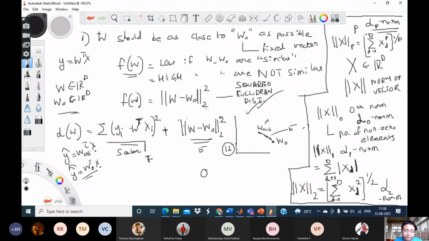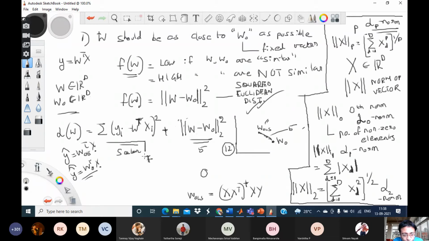But in this it's not even needed, because I actually gave you a closed form expression, right? I actually wrote how to get WOLS. WOLS is this thing, X transpose pseudo inverse XY. Right, so this is the way I got WOLS, but your larger point is correct. What you are saying is that WOLS by definition gives me the least value of this. So instead of WOLS, if I use any other value of W, be it W naught or W1 or W100 or whatever, it cannot be any less than this. It can only be greater than this.